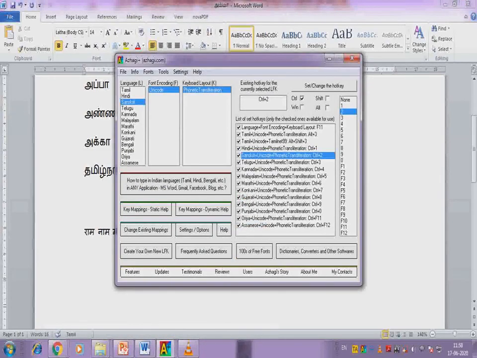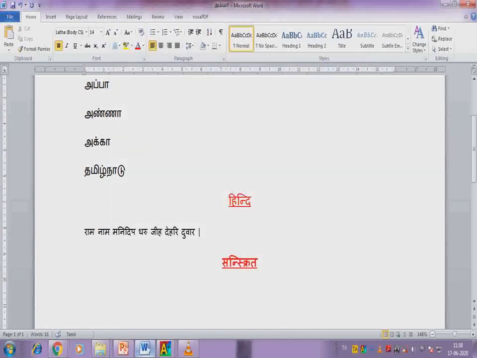To get Janasya, you type J-A-N-A-S-Y. Getting? Yes, you have to type Y. To remove that, you have to press A. So you got Mahajanasya now in Sanskrit.